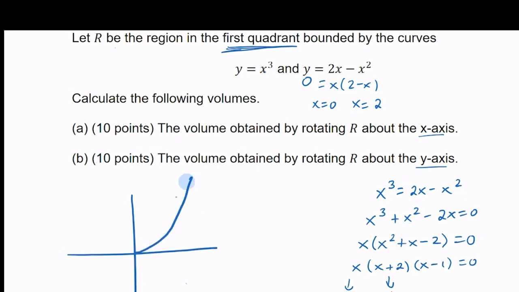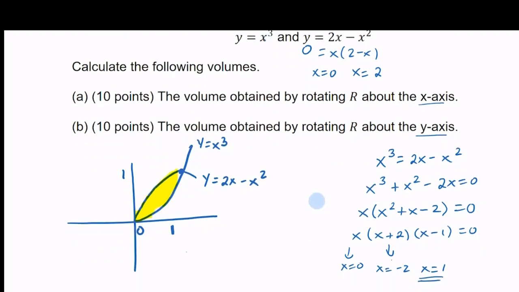So we have our cubic, we have our quadratic, we know this value was 0, we know this value was 1. We don't care about the 2 that was here because that's not part of the region we are rotating. We only care about this region here. Because x is equal to 1, we know this curve here was y equals x cubed. This curve here was y equals 2x minus x squared. Plugging 1 into either one of these equations tells us the corresponding y value here is also equal to 1. So we have hopefully everything we need in order to set up our integrals and solve for parts A and